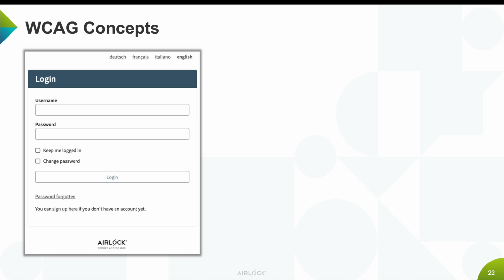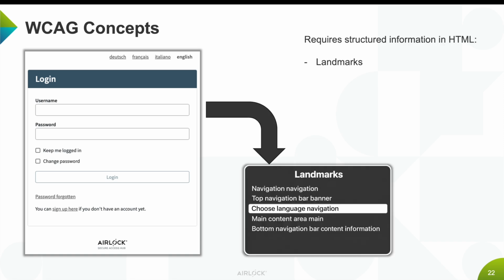For instance, consider the IAM default login screen. To ensure accessibility, the markup code must be structured in a specific manner. This is particularly crucial for effective use with screen readers employed by individuals with visual impairments. The most significant aspects are so-called landmarks and input purposes, attributes providing descriptions for the intended purpose of each input element,